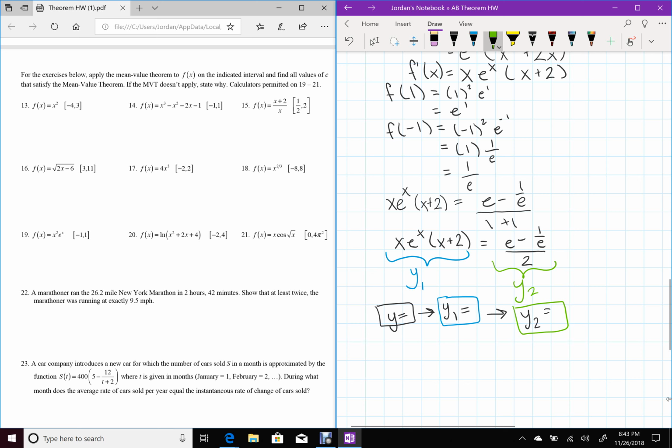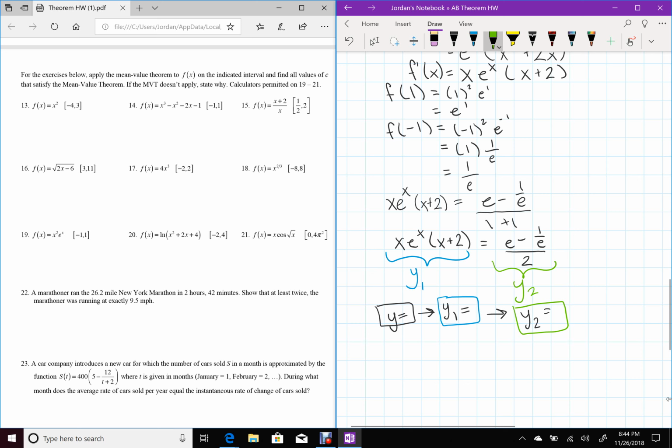I'm actually going to do this fancily. If you're curious about that, you can talk to me. I'm just using the alpha y equals command to get the fraction, instead of having to think about parentheses and all of that craziness. Okay, so now I've got my y1 and my y2, and now I'm going to